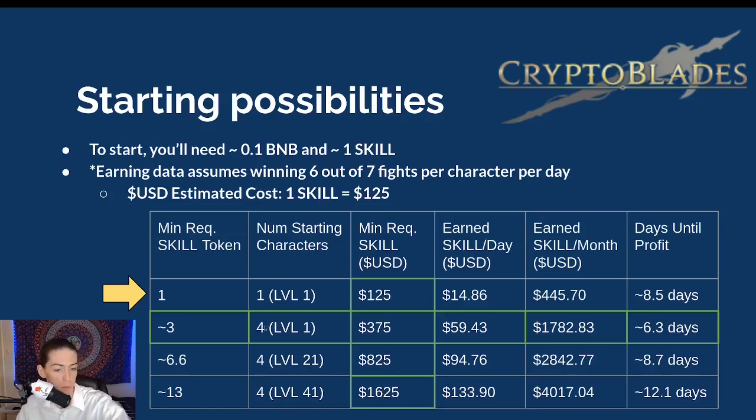So if you get 4 characters starting out, all level 1, that will cost you about 3 skill at the time of writing, which would be around $400 USD. You're going to clear your initial input after just 6 days. And so this one seems like a really good deal as far as going ahead and getting started with daily income with only a